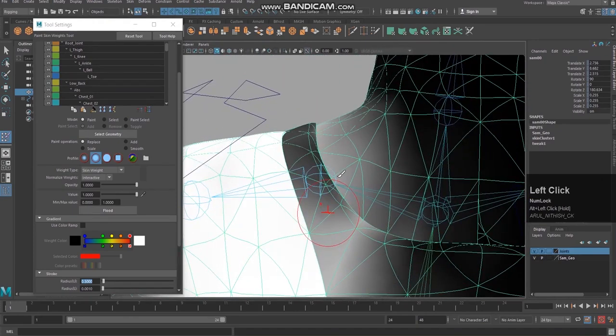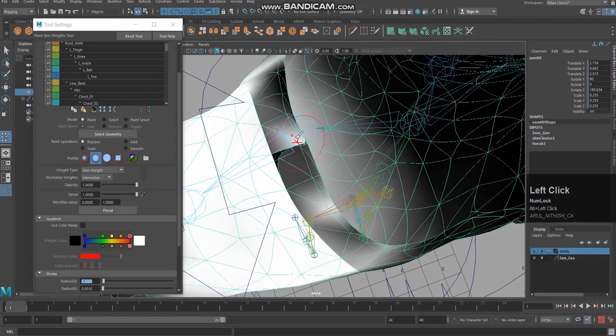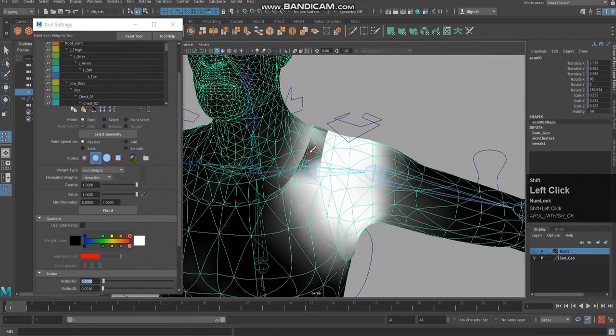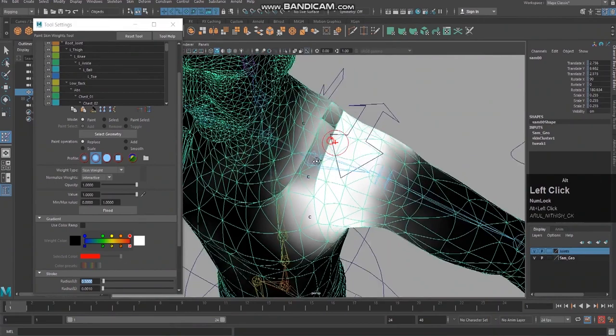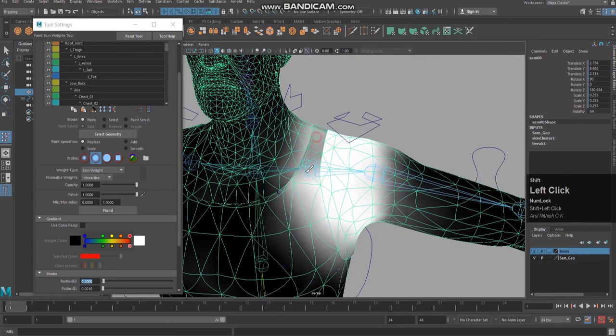So this is one problem with this model actually. I'm going to add a little bit of small values here, and shift and make it smoother. We need to paint it everywhere.